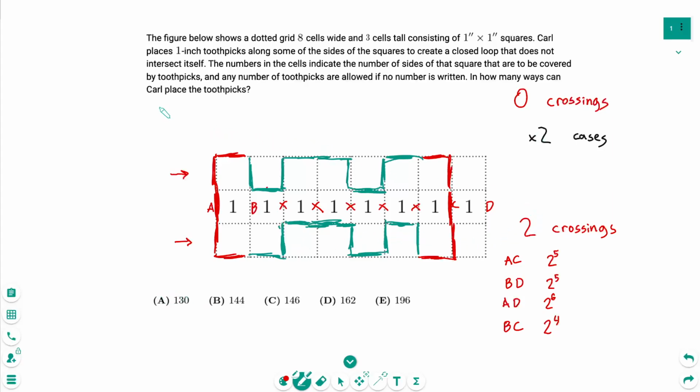So let's do that. We have 2 plus 2 to the 4 plus 2 to the 5 plus 2 to the 5 plus 2 to the 6. And that's equal to 2 plus 16, that's 18. 18 plus 32 plus 32 plus 64. 18 plus 128, that is